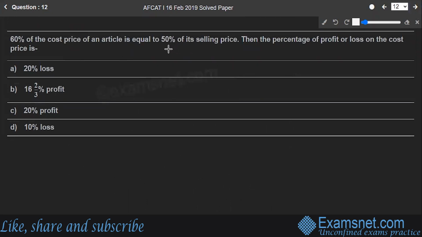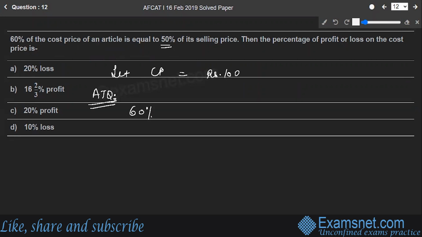60% of the cost price of the article is equal to 50% of its selling price, and the percentage of the profit or loss on the cost price is. So we are given everything in percentages, right? Easy question. Let's say the cost price of the article be 100 rupees. Then 60% of the cost price is equal to 50% of the selling price, right? So according to the question,